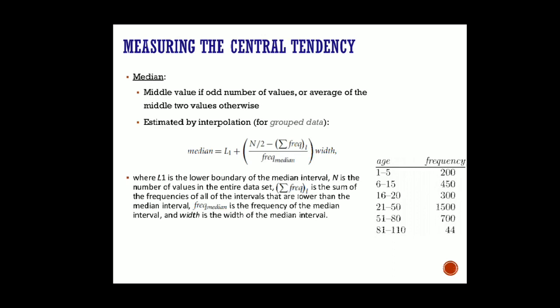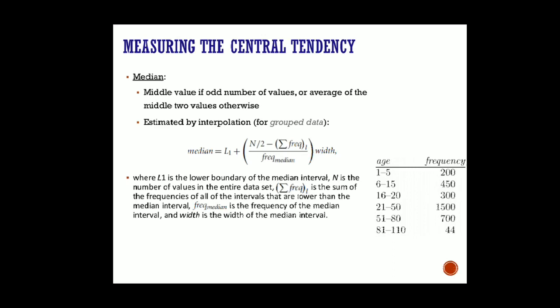Instead of choosing any one of the two values lying in the middle range, if the total number of data objects is even, it is better to find the average of those two values and find the middle. Now you can see we can use this formula of median to find this. Using that part, finding the average of these two middle values, we can find out what the middle value is, and we have to consider the frequency of those values as well, which is lying in the denominator of the formula.